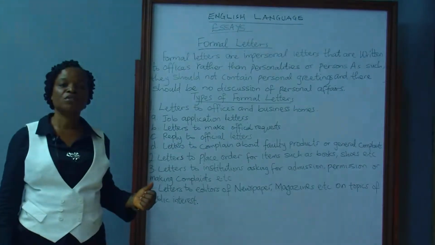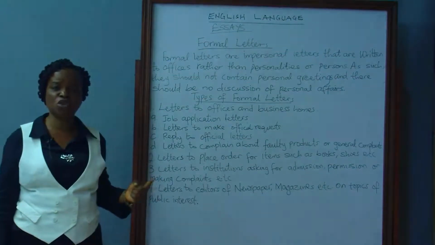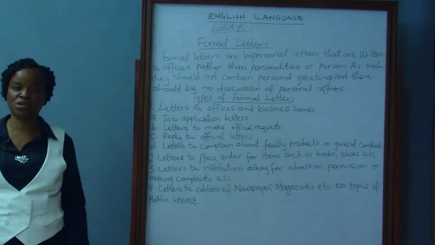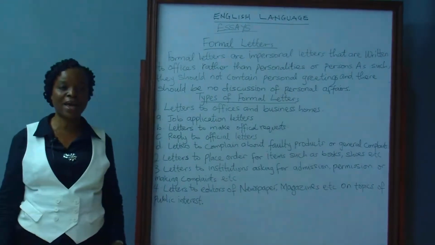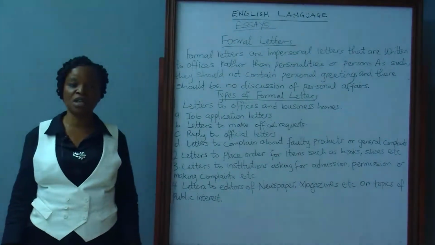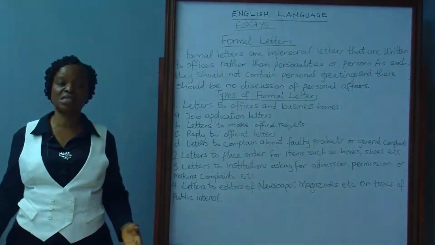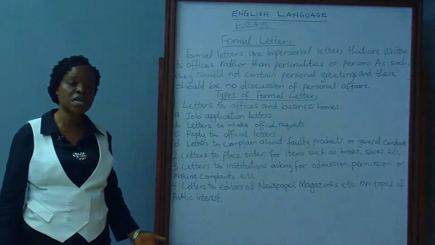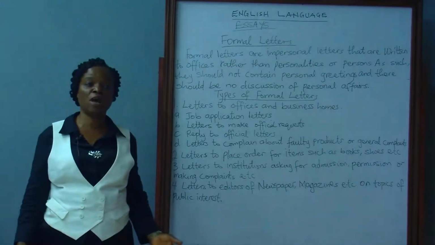But with a formal letter, even if you know the person that owns that office, you don't write to that person, you're writing to the office. And why do you write to officers? You know, in offices, we have rules and regulations that guide our activities there. The letter you're writing to the chairman of a local government, for instance, might not need to get to him in person before it is attended to. Because, you know, there are areas where we have assistants who take charge of it. And so if you decide to write a letter meant for the chairman, and you write it to